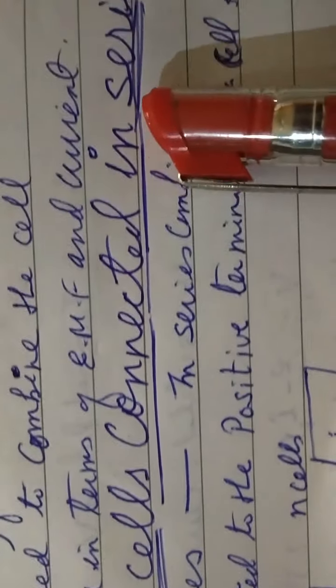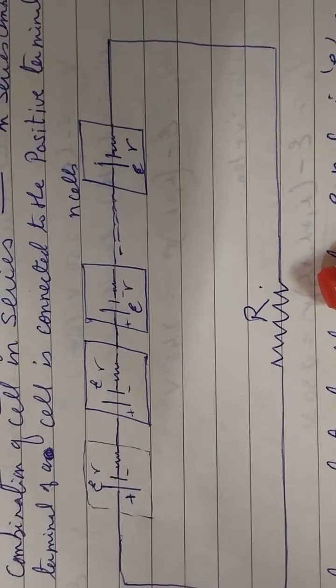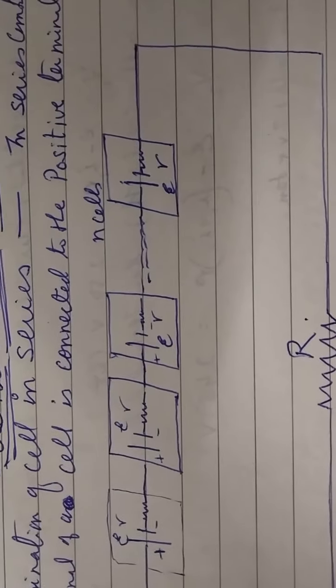So now we are going to take identical cells connected in series. We have taken n cells, 1, 2, 3 up to n cells, connected in series with the external resistance R. Now, already we have discussed when